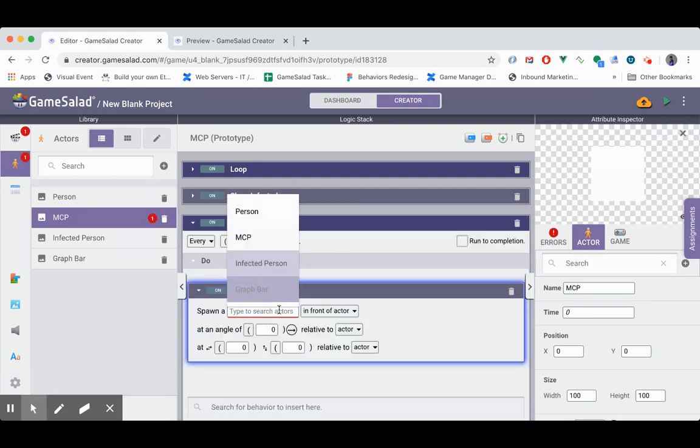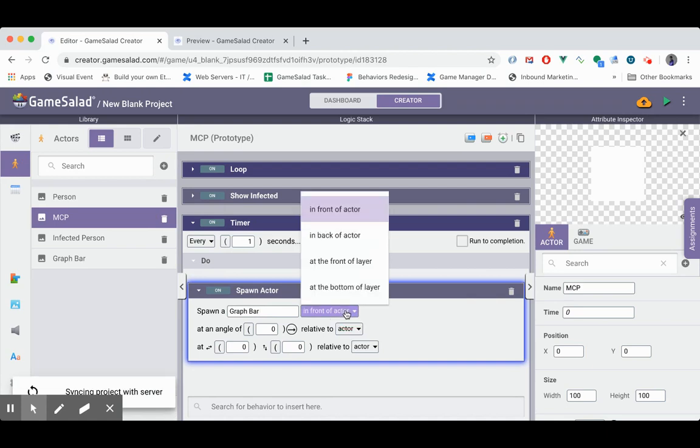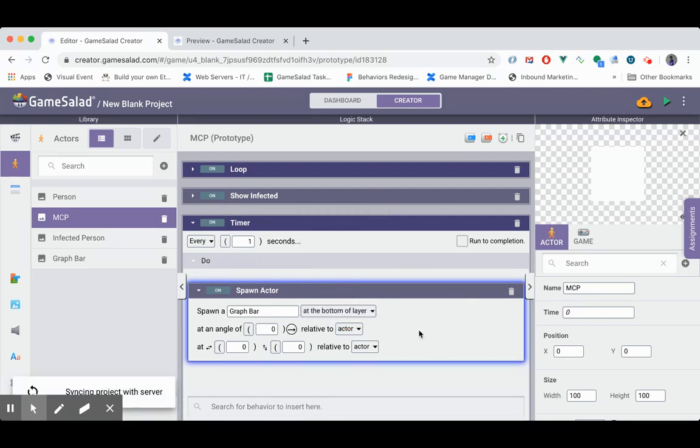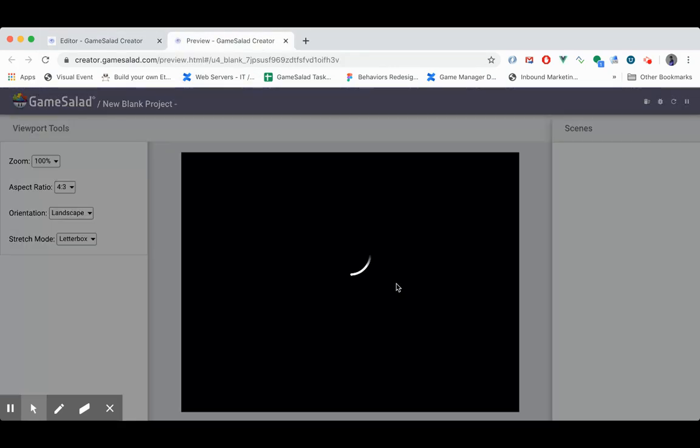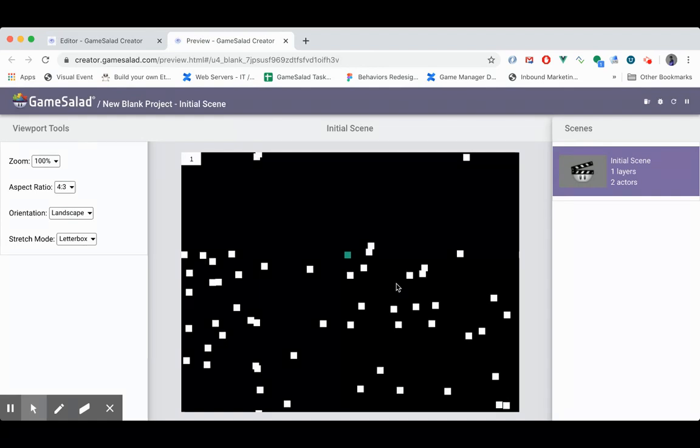a graph bar. We'll do it at the bottom of the layer so that the graph is always under all the simulation. And then we'll make the bar show up relative to the scene because we don't want it to show up in the top right corner near the NPC. We want to show it at the bottom of the screen. So it'll be 0, 0. Every second, we'll see the bar change. So if we hit preview now,